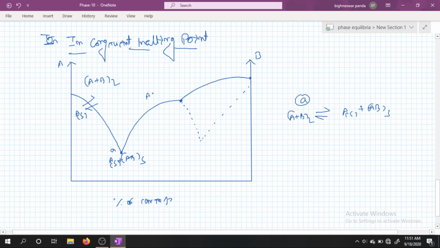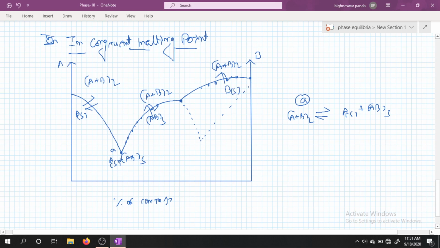Similarly, here A plus B liquid is in equilibrium with AB solid. At any point on this curve, A plus B liquid is in equilibrium with AB solid. Similarly, at any point on this curve, A plus B liquid is in equilibrium with B solid. Any point on the curve. But